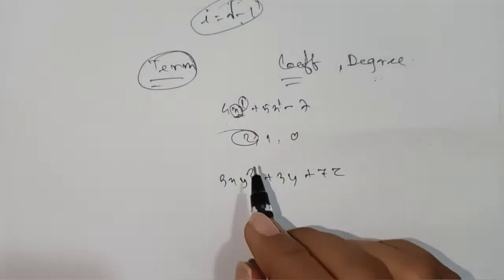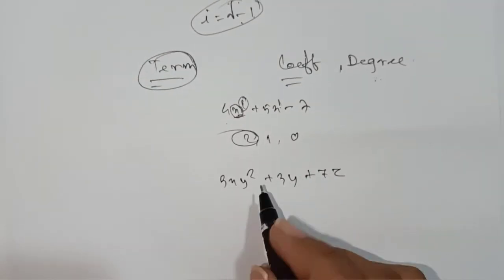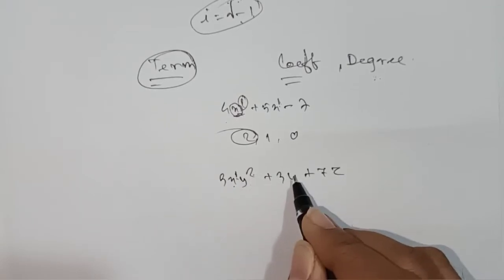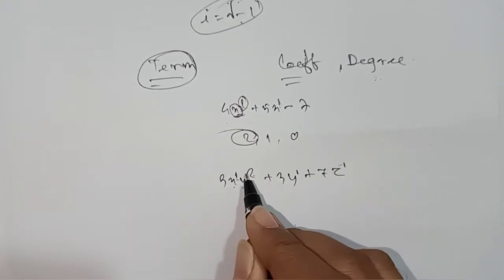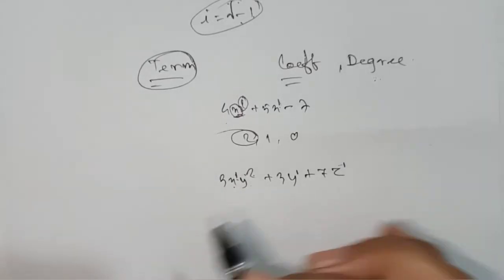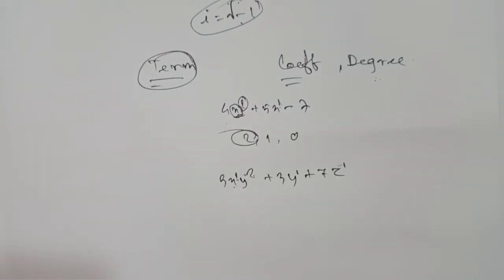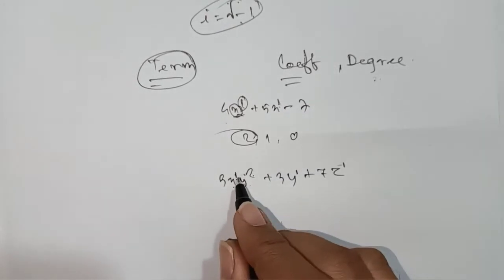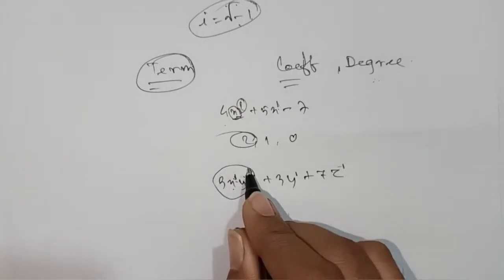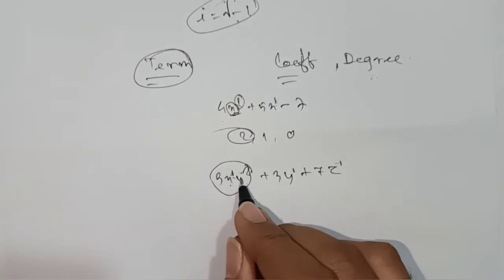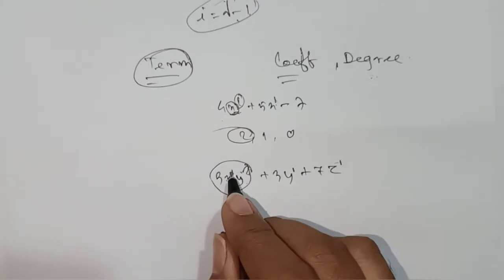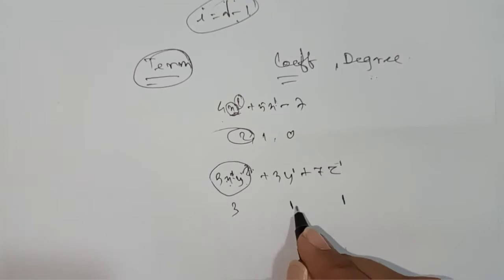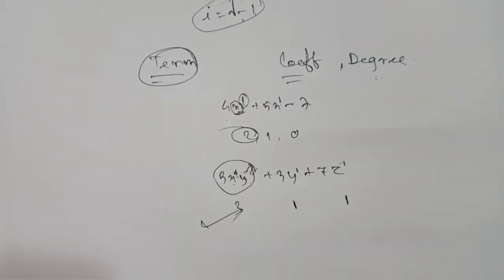Now if we talk about this one, 3xy square plus 3y plus 7z, what about the degree of this one? Is it a polynomial? Yes, it is a polynomial. You can see the exponents of each variable are positive. If I take minus 1 somewhere here, it would become just an expression, not a polynomial. But right now it is a polynomial, so we're going to see its degree. Here you need to add, because it is a single term. In a single term, we take the sum of the variable exponents. So 1 plus 2, that is 3. Only one variable, 1, here also one variable. So which is the highest one? 3. So the degree is 3.